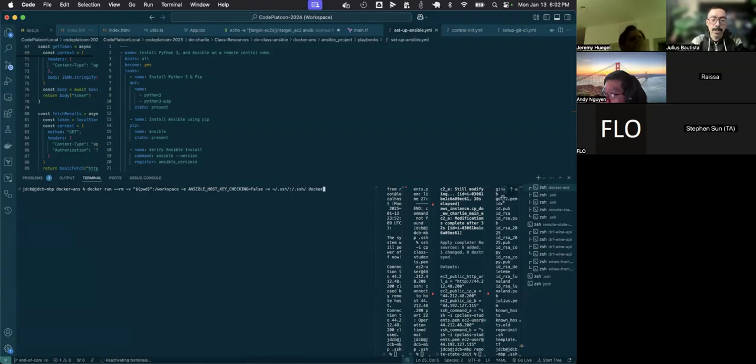Now I can pass in the name of my image. So this is the image that we're going to be running a container from, because again, images are like snapshots, right, inside of Docker, and containers are like the instantiations of them. And now I also want to pass in